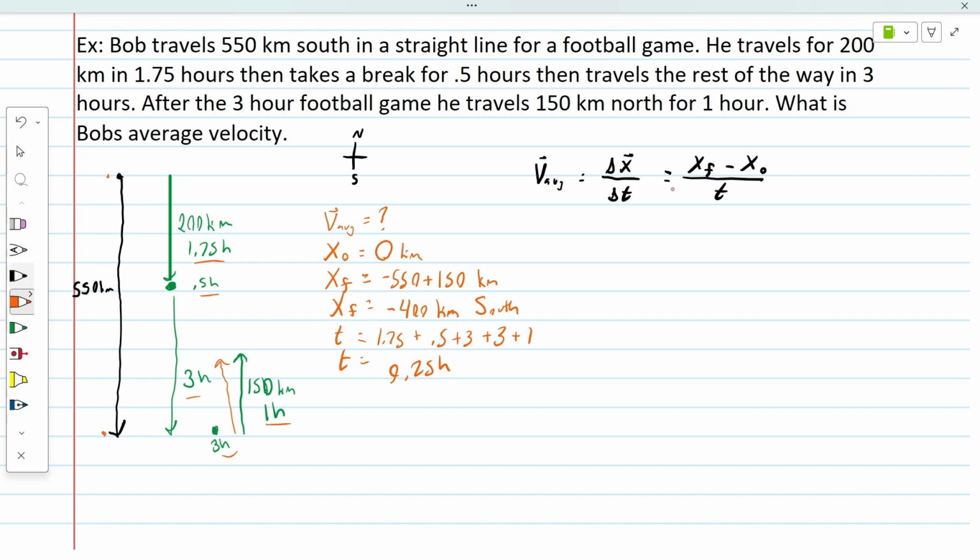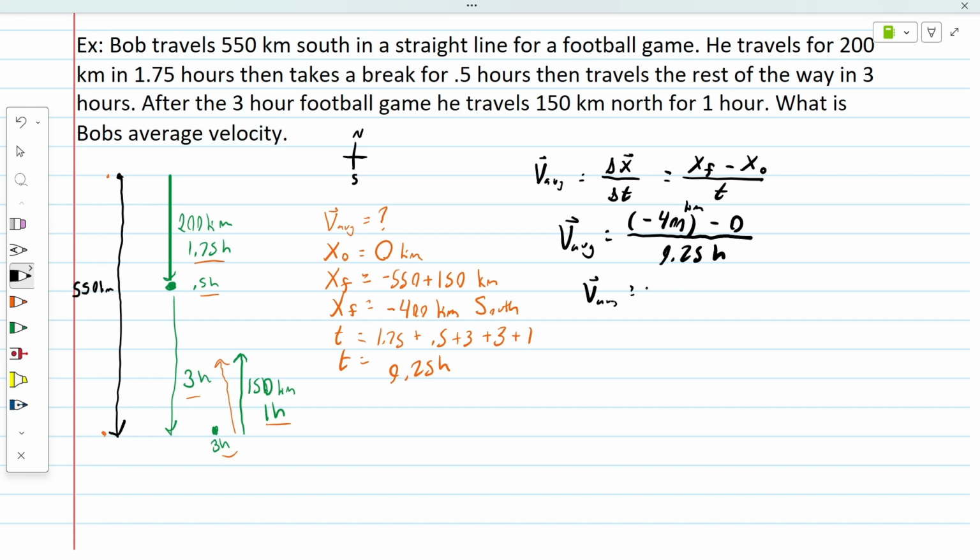Alright, so now if we look, we have all these variables. We can simply solve for V average here. So now that we have the equation and we're set to solve it for V average, I can go ahead and plug in our variables. So we know x final is negative 400 minus the initial, which is just 0, over our time, which is 9.25. And I should put units here. This is kilometers, right? So if we go ahead and solve this out,